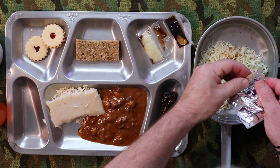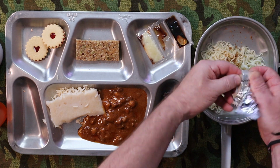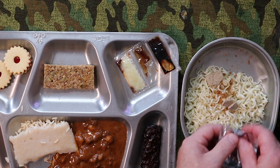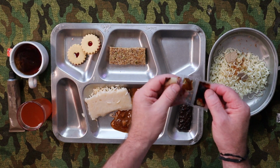Okay, it doesn't want to come out. Looks like it's sort of got some moisture at some stage. Get out of there. There we go. And also we have 3 of the liquid